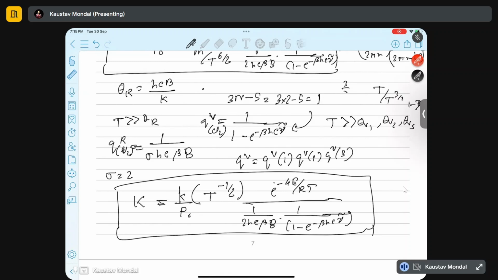And you also have the nu tilde value, the vibrational frequency, and you know the B, the rotational constant. So just by putting all those values into this equation, you will get a value of K, the equilibrium constant. Okay,